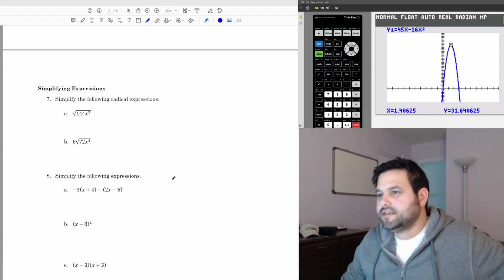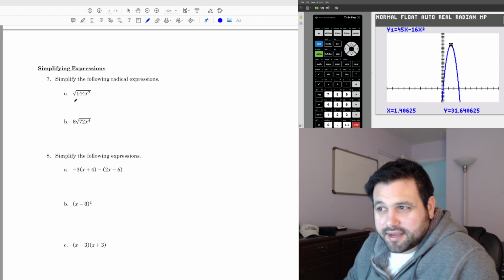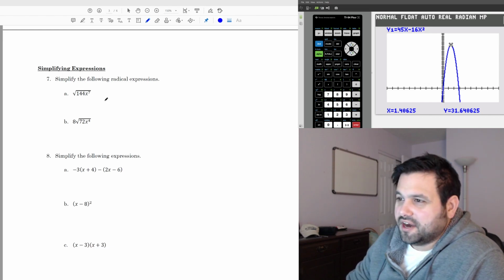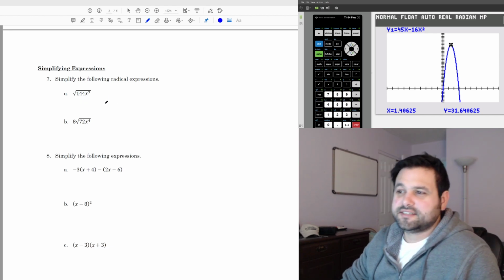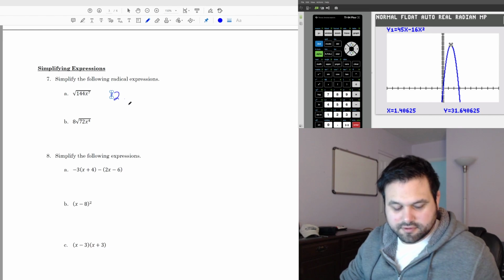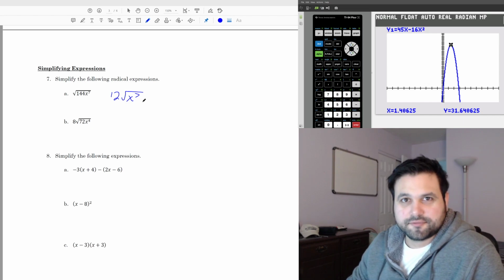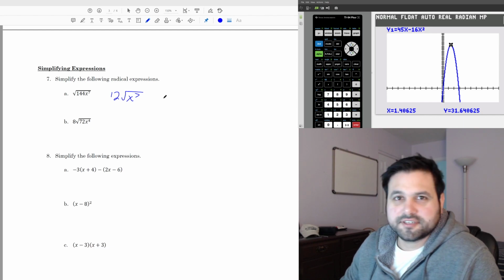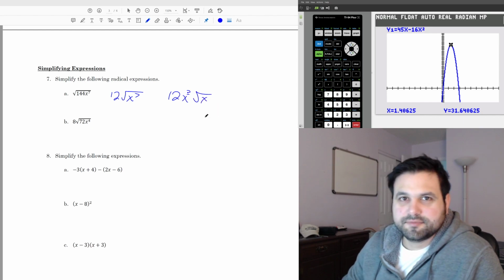Simplifying expressions. Simplify the following radical expressions. Okay. Looks like I didn't update this to reflect what we've done, because we didn't really do anything with variables under the square root. So if you simplified this to just be 12 square root x to the 7, that would be correct for what we've done. Okay, that would be correct. Just for accuracy purposes, this does simplify into 12x cubed square root x, but we didn't really go over that, so